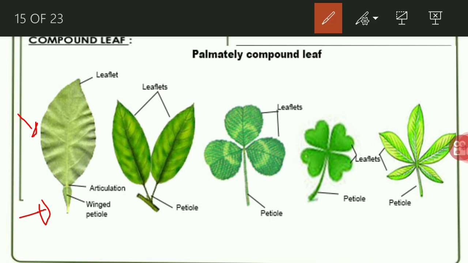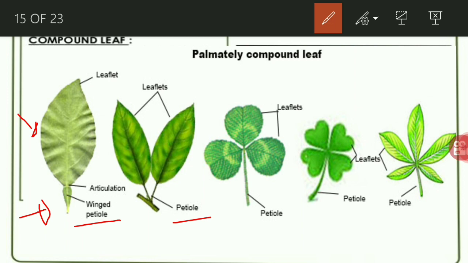So बच्चा लोग, difference क्या है simple leaf में and unifoliate palmately compound leaf में? The main difference is unifoliate leaf has a joint or a winged petiole, so it makes it palmately compound leaf. Bifoliate palmately compound leaves मतलब you can see two leaflets are present on the tip of the petiole.